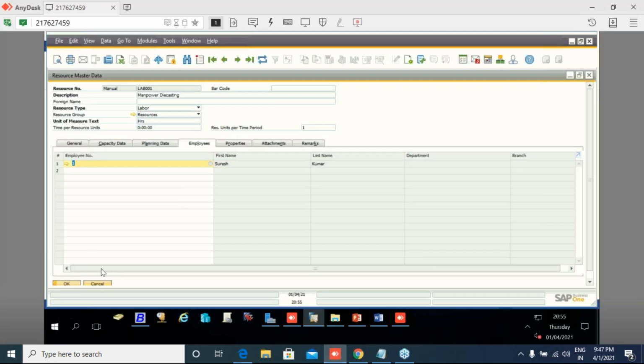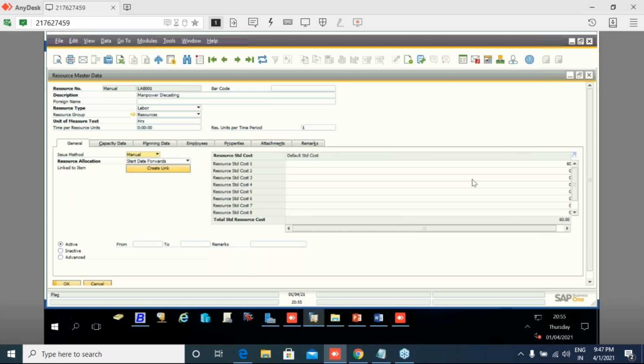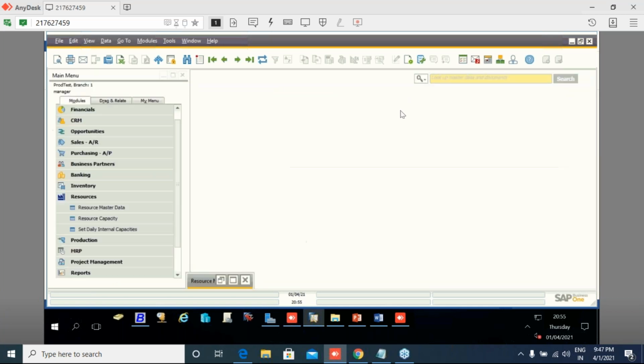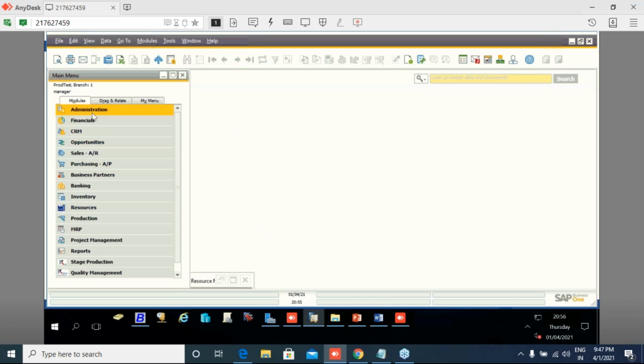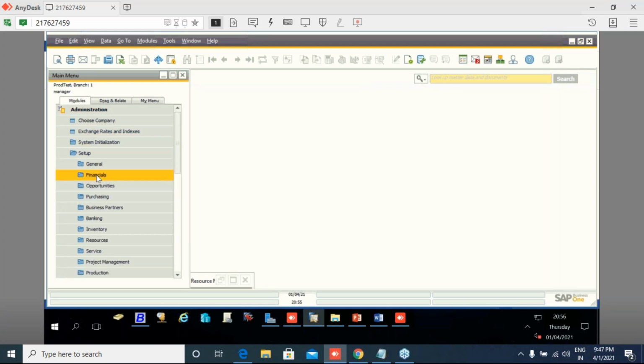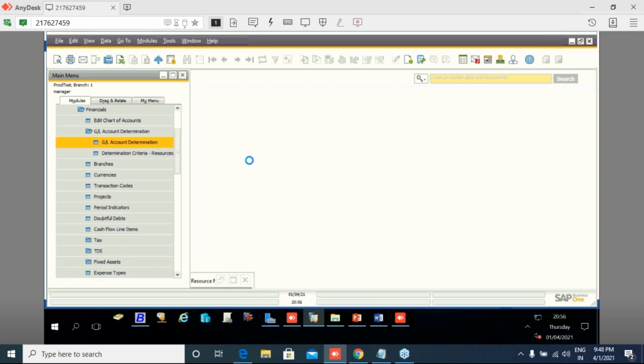Basically, after defining the resource cost, we have to map the resource cost for a journal entry impact. This resource mapping we have to do in GL account determination.